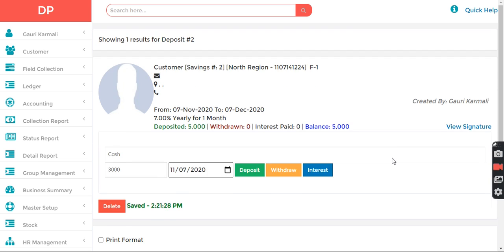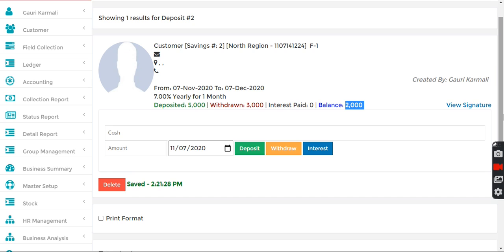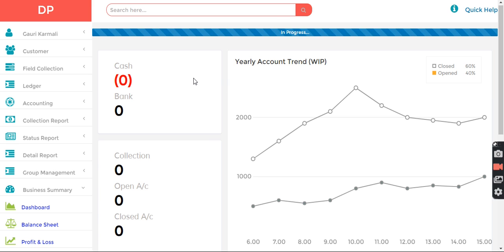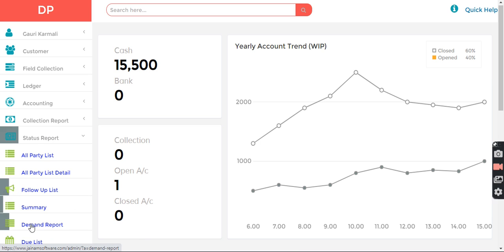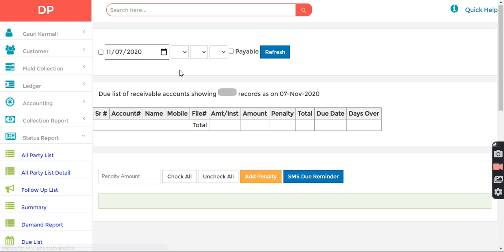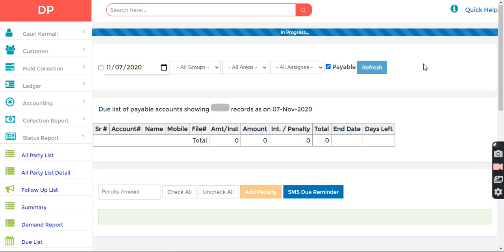Okay. So what is the balance? Balance is 2,000. Okay. Now let's go and see the dashboard. Dashboard was 13,500. Here the balance is 2,000. So it has to be 15,500. Let's go and check our dashboard. So it's 15,500. Now also when you check status report due list, you will be able to see the 2,000 balance of